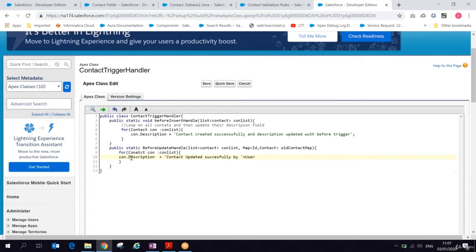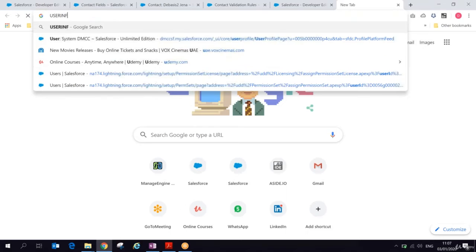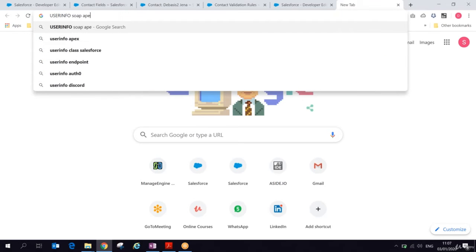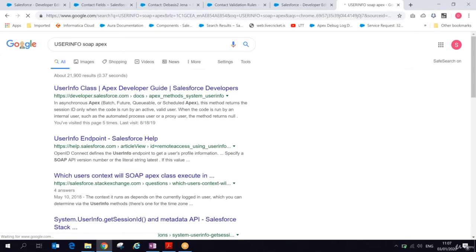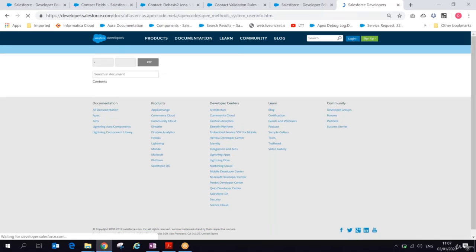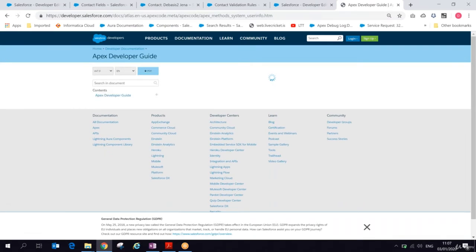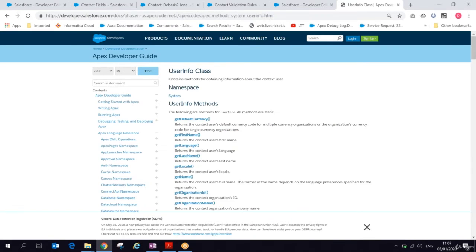To get the user information, we can simply use the UserInfo class. If you don't know about the UserInfo class, let me show you. In Salesforce, you have a UserInfo class, where you can get the username, user ID, all the information. Instead of coding on the user object, you can use the UserInfo class to get all details. If you want to see the predefined methods, you can search here.